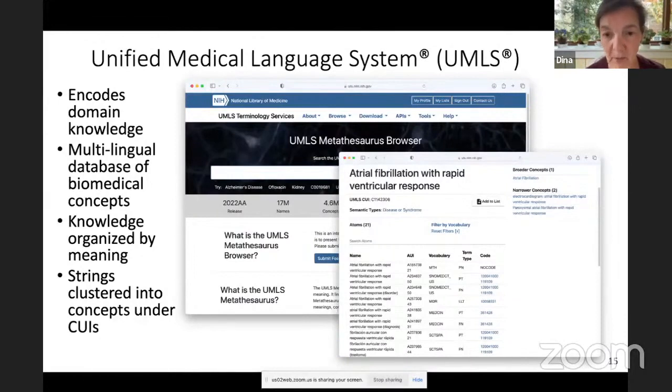You see here, we are focused on the concept of atrial fibrillation with rapid ventricular response, and you can see that the semantic type of that term is disease or syndrome. So we know it is a problem,